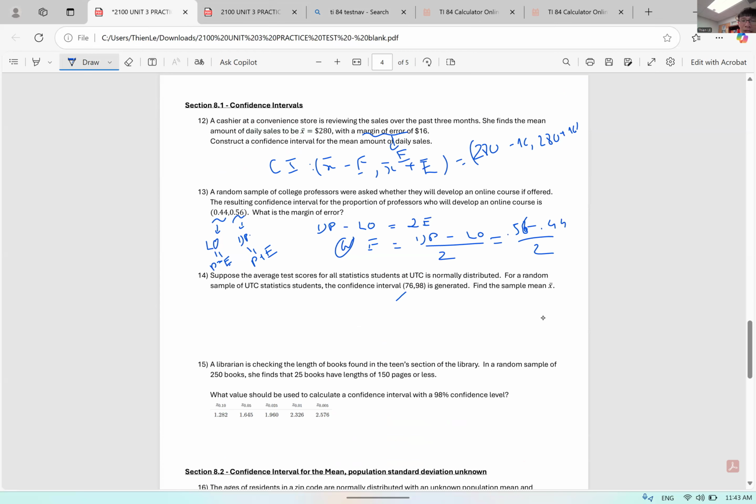So this guy is basically just X bar subtract E, right? Or the lower, right? And this guy is upper, right? X bar plus E. And remember, if you do the upper plus the lower, the E and the E cancel out. What you get will be 2X bar, right? At the time, your X bar will be upper plus lower divided by 2, right? And you plug in now, upper 98 plus lower is 76 divided by 2. So it gives you the answer,